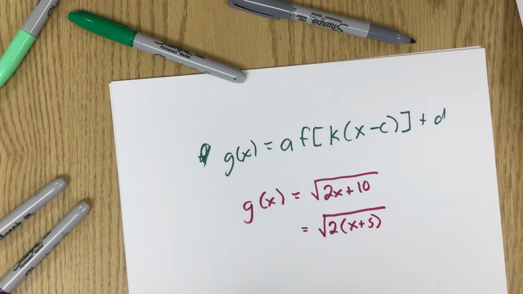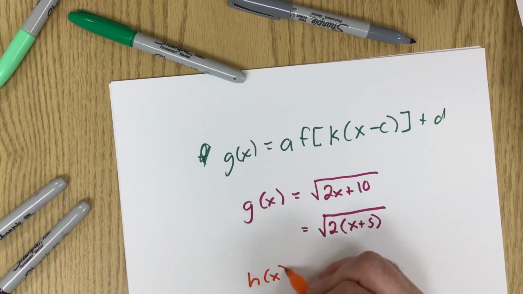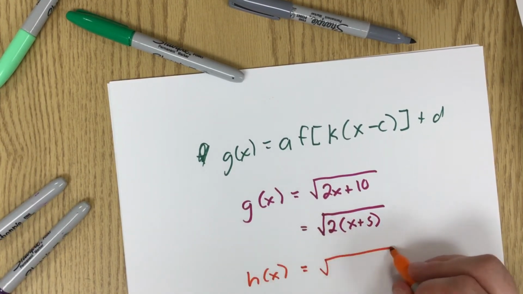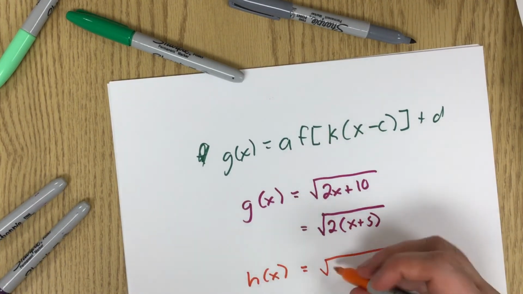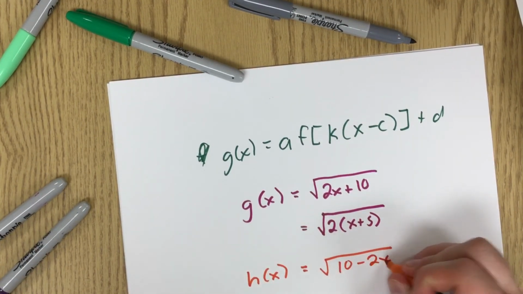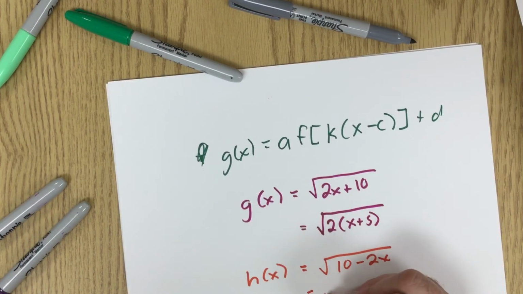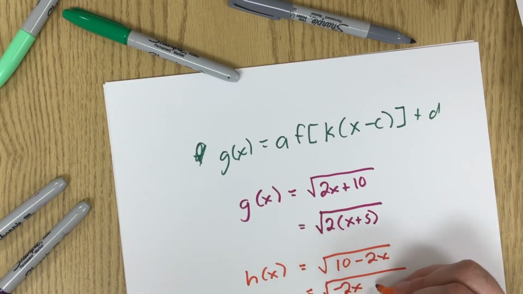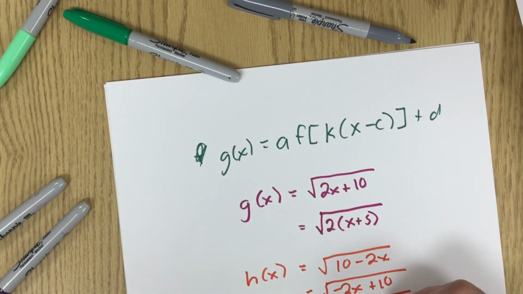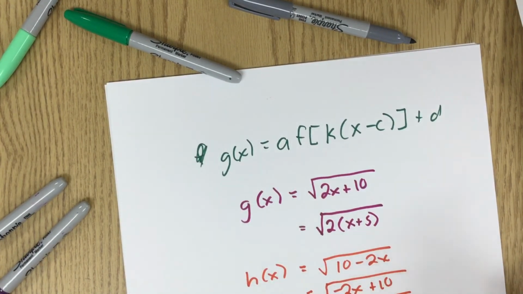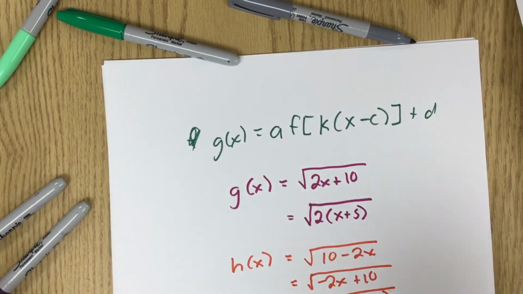Similarly, if I had something like this, the square root of 10 minus 2x, that's not really in that format at all. So I'm going to rewrite it as minus 2x plus 10. Factor out the negative 2, it becomes minus 2, and that's going to be x. 10 divided by negative 2 is minus 5. So that'd be right 5, horizontal reflection over the y-axis, and compression by